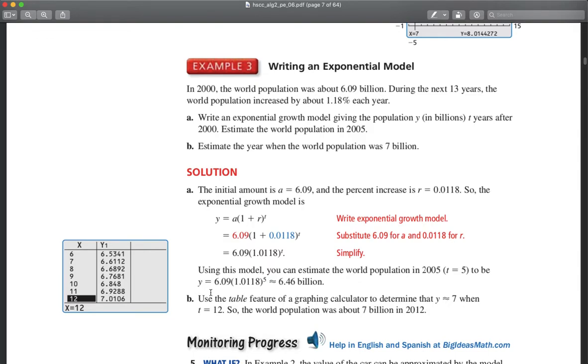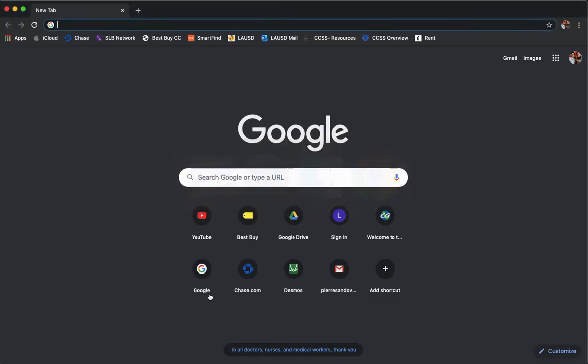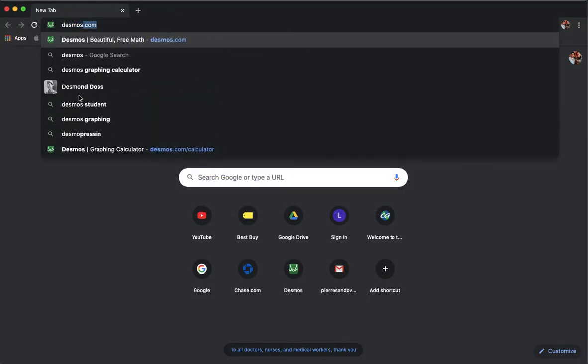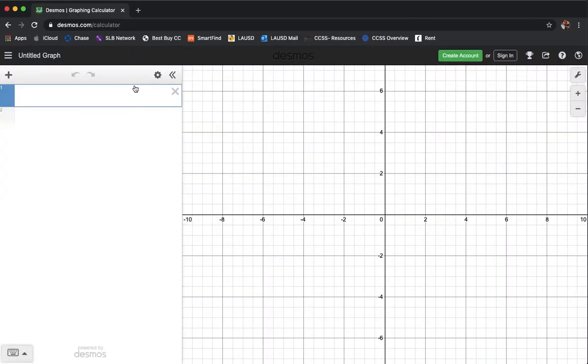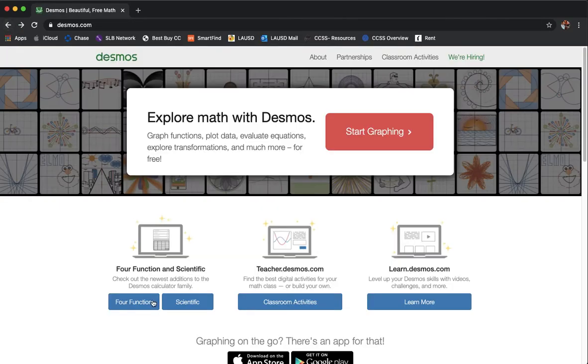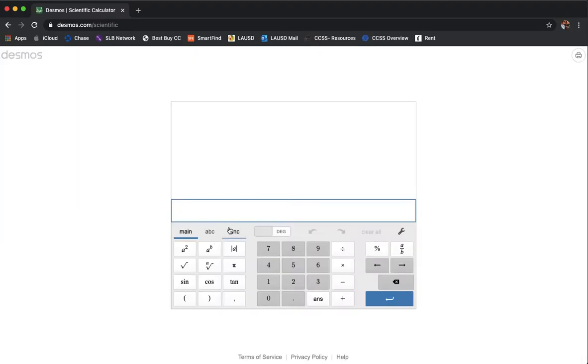So let's go ahead and jump right into that. Let's go to our internet. Go ahead and type in decimals. Actually it would be better to have the scientific calculator, because at this moment we're not graphing like we did before. So go ahead and use the scientific calculator and write down 6.09 times 1.0118, close parentheses, to the power of 5,